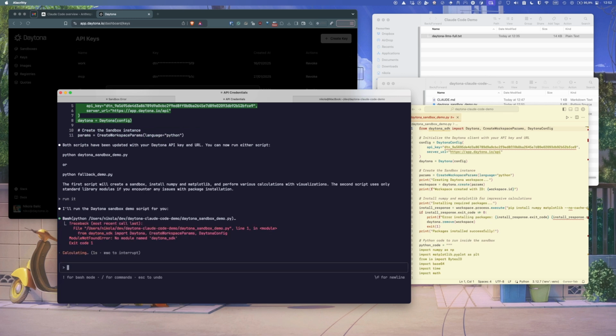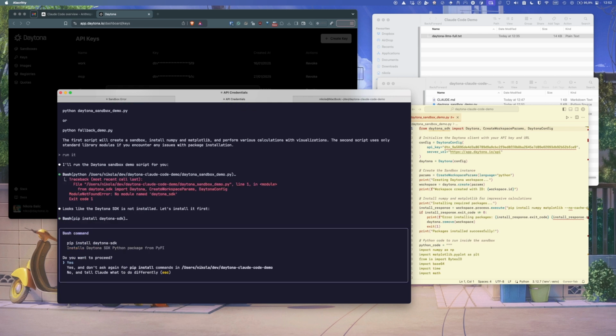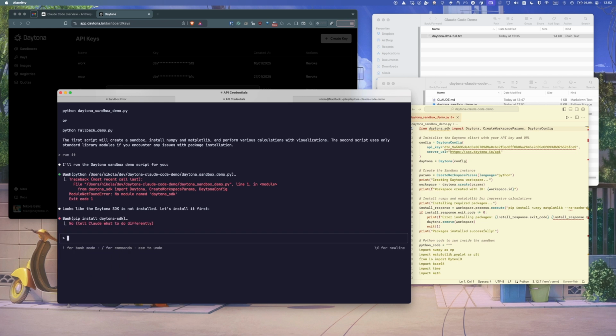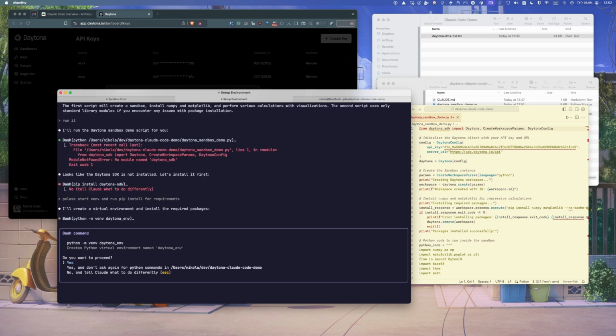Claude, or you could go to a command line. But basically, it's now realizing that we don't have the SDK installed. I don't want to install the Daytona SDK without a virtual environment, so please start a venv and run pip install for requirements. So the flow is nice,